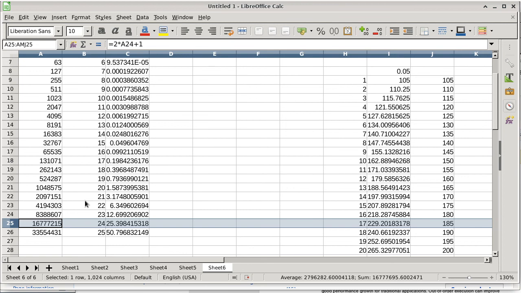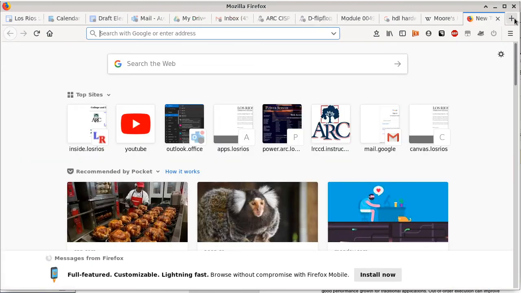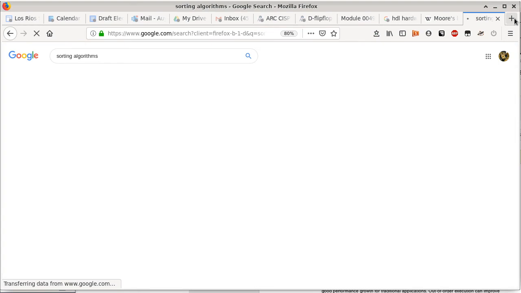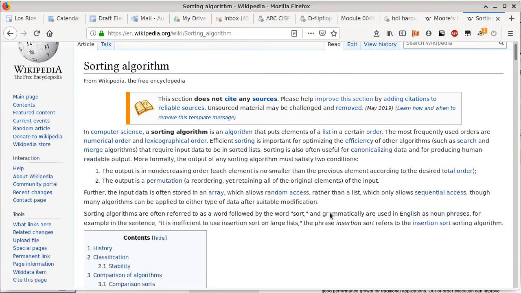So when you're in a job and your boss tells you, I need you to implement such-and-such. So let's say we're talking about sorting. Give you an array that is not ordered and you want to make it ordered, sorting algorithms. Most people, including myself, are not going to think about that problem too hard. The first thing I'm going to do is go to Google and look for sorting algorithms. There's no shame in Googling. No shame in Googling. So I would go to Wikipedia, and I look through